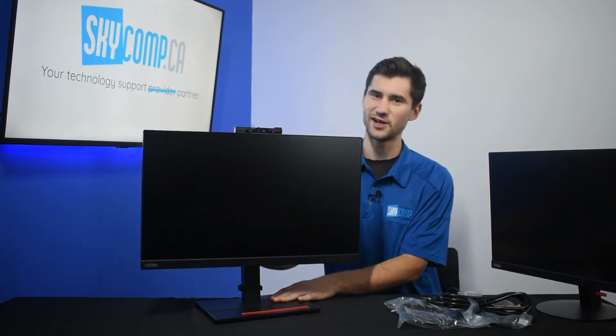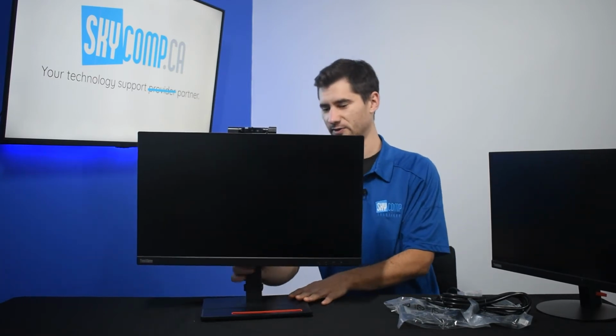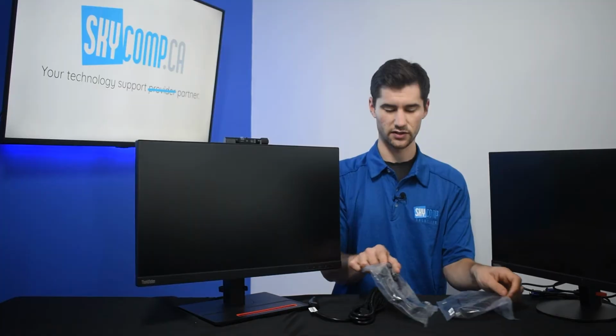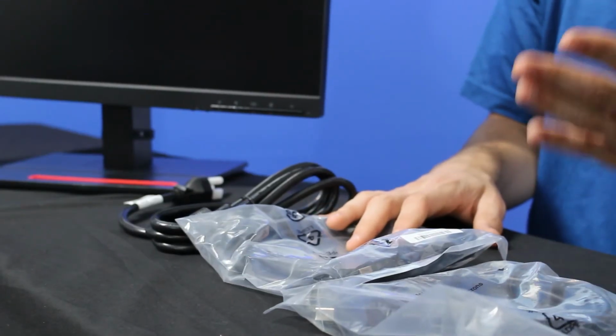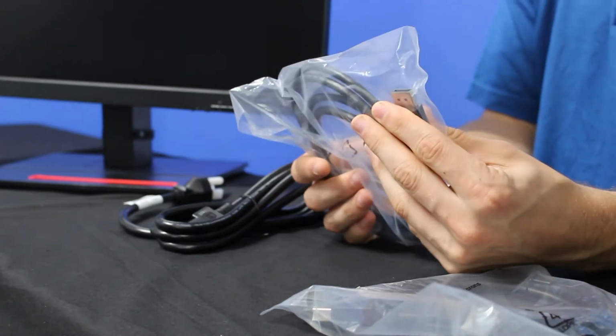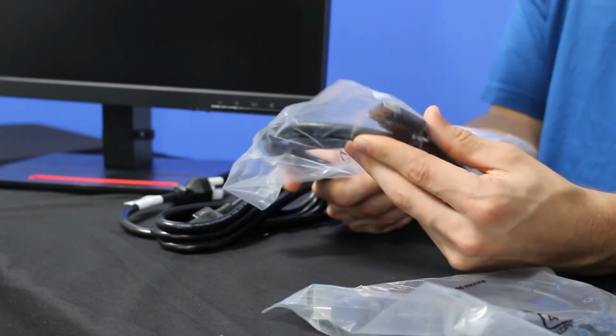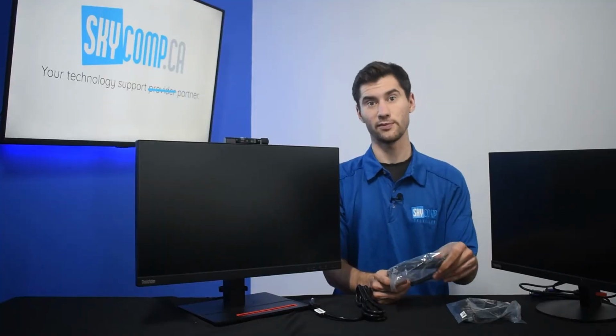I don't have to go into detail about that. You guys, I'm confident, understand those specs. It comes with all 3 cables that you would need to get started and get set up. So if you're purchasing this specific model, make sure that your computer has a DisplayPort on it,